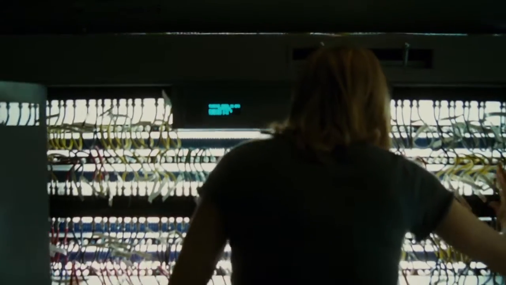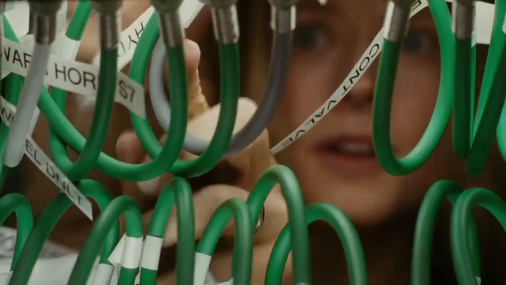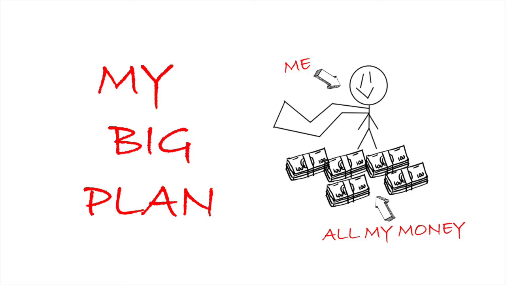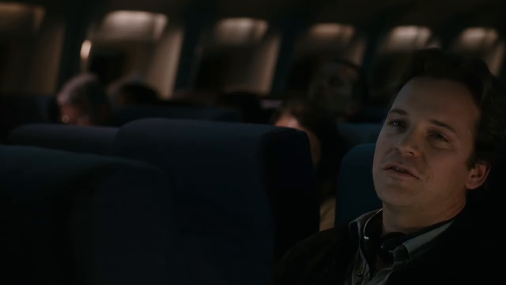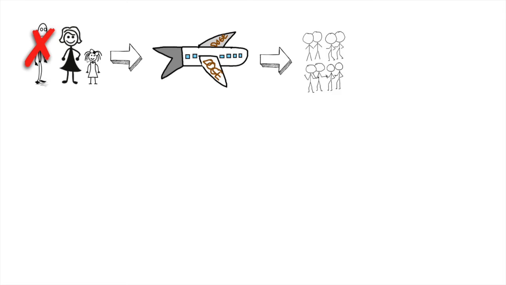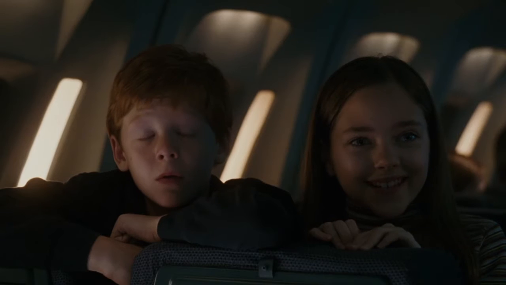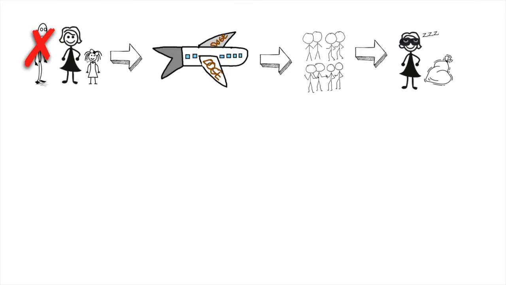This has to be one of the most convoluted plans in movie history, even more so when you think what this must have looked like on paper. They need to get Jodie Foster and her daughter on a plane, so to do that, they kill her husband. This, apparently, will lead Jodie and her daughter to return to America to bury his body. Of all the planes and flights, she'll need to catch this exact plane and this exact flight since the bad air marshal will be on it. Then the bad guy will have to hope that no one in the airport or on the plane sees she's traveling with a kid. No one will turn around in their seat or walk past them on their way to the bathroom. Then, when she falls asleep, he'll kidnap the kid, again hoping no one notices.